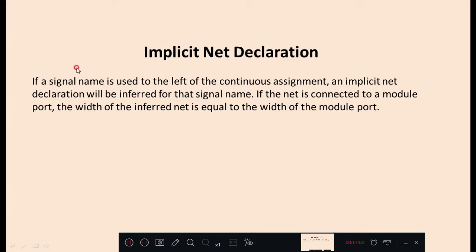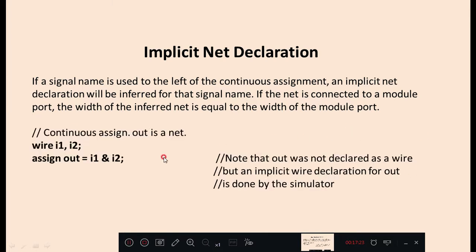Implicit net declaration. If a signal name is used to the left of the continuous assignment, an implicit net declaration will be inferred for that signal name. If the net is connected to a module port, the width of the inferred net is equal to the width of the module port.